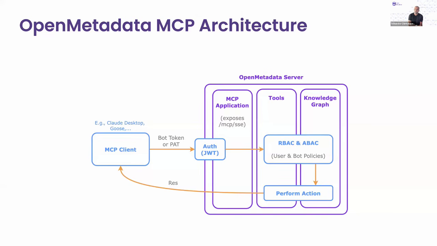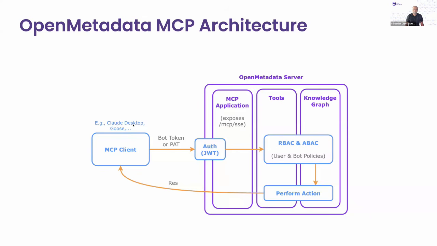So what that means for you as a user is, just like I connect to my REST APIs in the OpenMetadata server, I can use my LLM clients like Claude Desktop, Goose, or ChatGPT and connect to the MCP server that is running as part of the OpenMetadata server. As an operator of the OpenMetadata server, you just install OpenMetadata and enable the MCP server. Anyone in your organization can take advantage of the embedded MCP server. I don't have to run my own local MCP server and connect it to OpenMetadata. I can directly connect to the OpenMetadata server endpoint and get exposed to the MCP APIs. Now that's one problem. The second thing is user authentication.